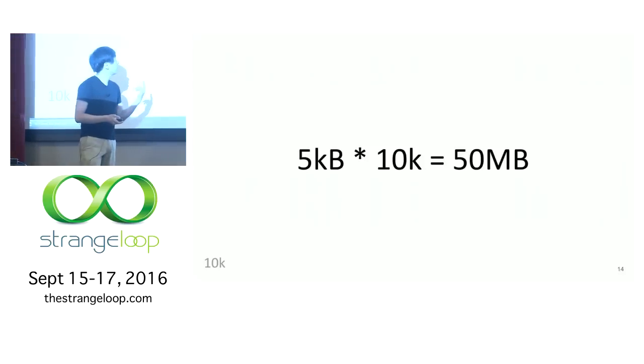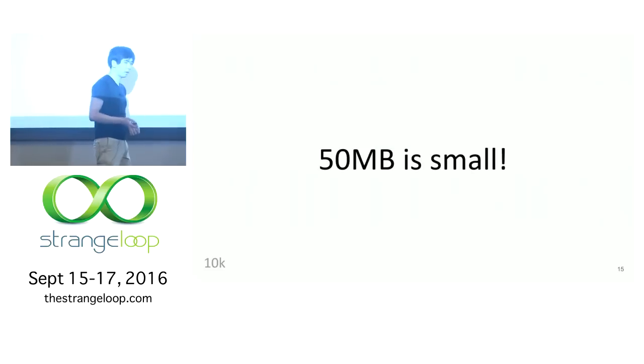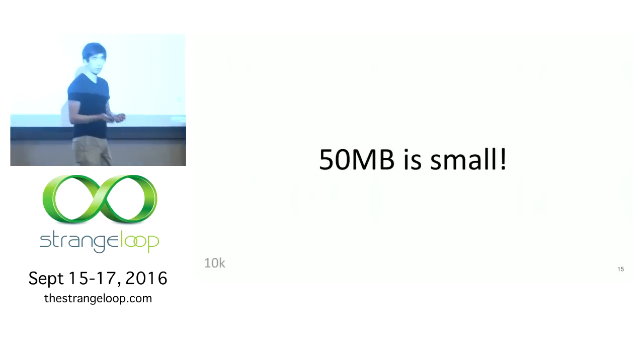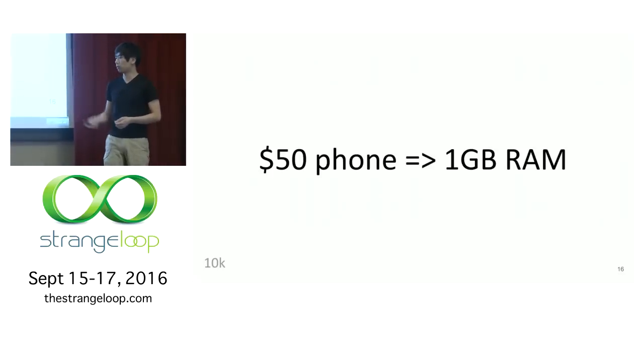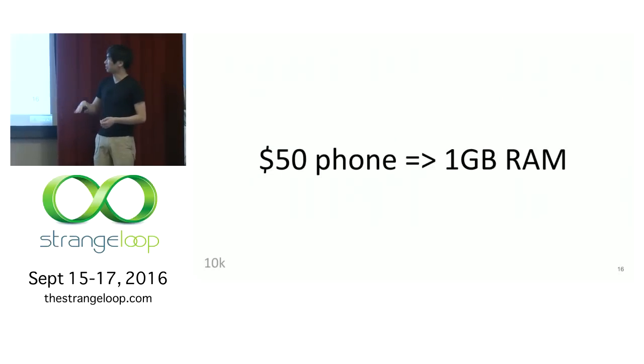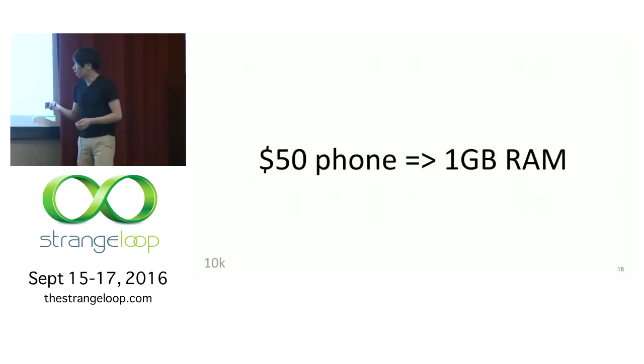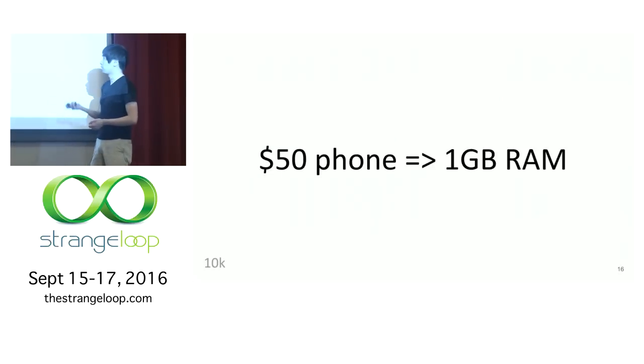So if you have 5K times 10K, a K times a K, that's a million, right? 5 times 10 is 50, it's 50 megs. This is pretty small. If you want to put this in RAM, you can put this in RAM on like anything, right? Like today, you can go on Amazon and for $50 buy a phone with like 1 gig of RAM, right? I think it's like $100 if you don't want ads, but still pretty cheap, right? And so if it fits in RAM, you can think about running some naive algorithm, right? You can basically just grep.